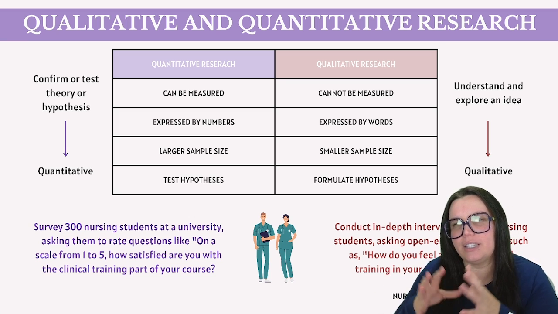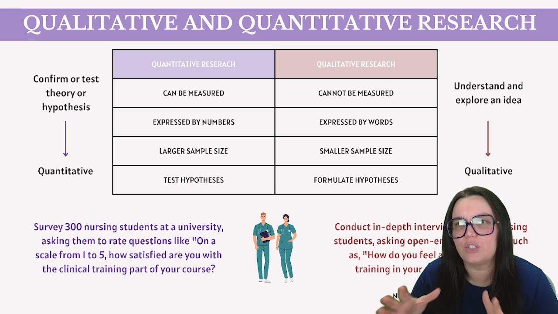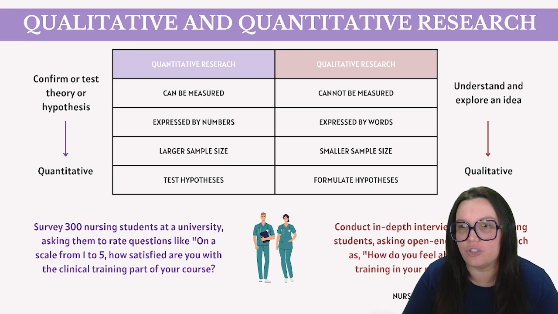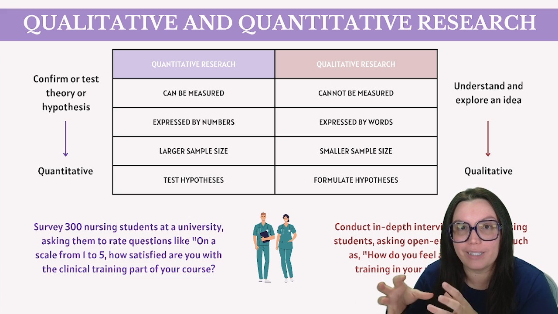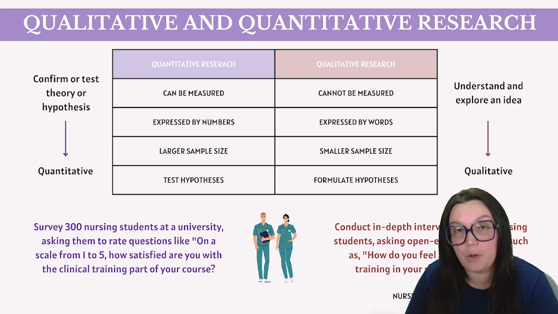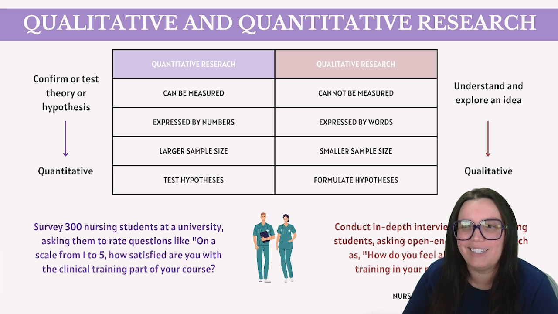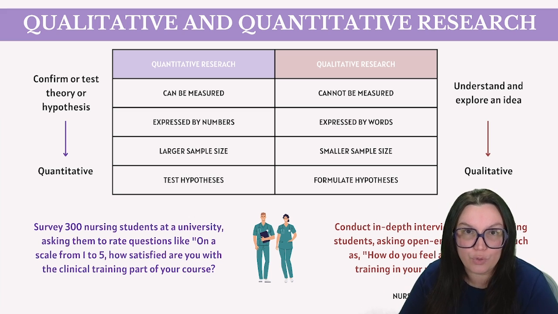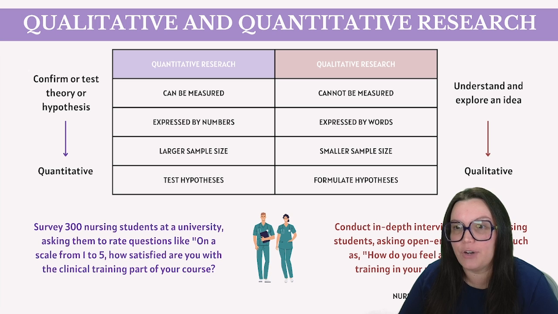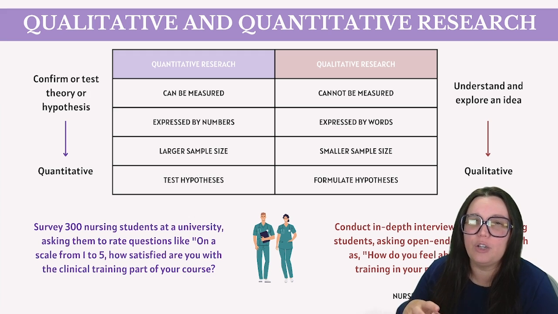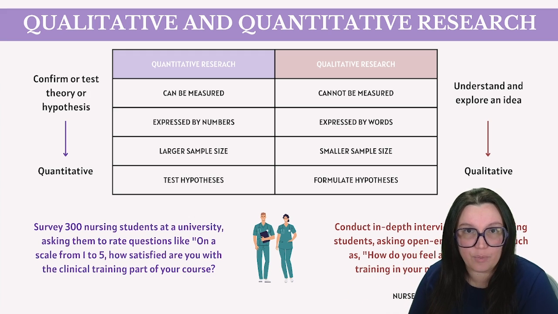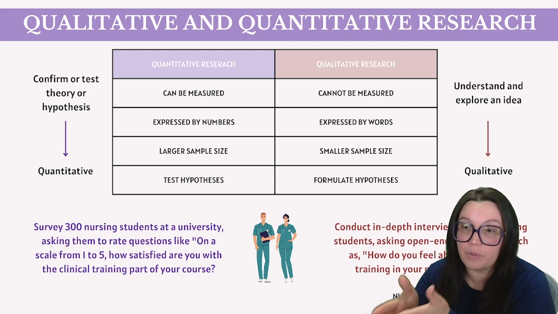So now that we understand the differences between the two, the next question is, what method should we use for each? Well, the decision really is going to be straightforward. If your objective is to confirm or test a specific theory or hypothesis, the quantitative approach is going to be the most suitable approach. However, if your aim is to gain a deeper understanding of or to explore a concept or idea in depth, then you're probably going to want to use a more qualitative approach in the way that you approach this particular study.